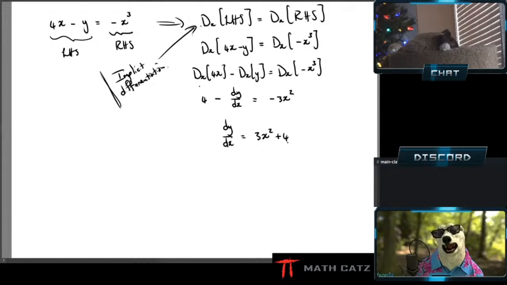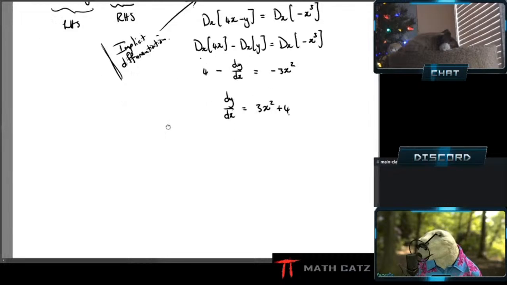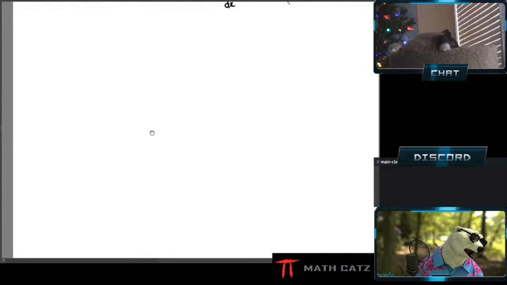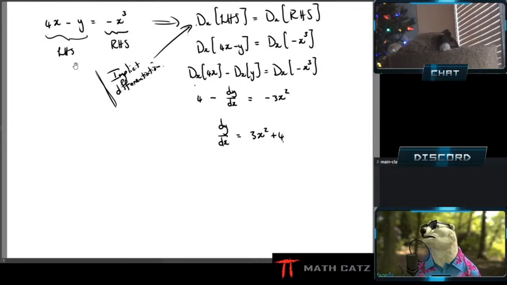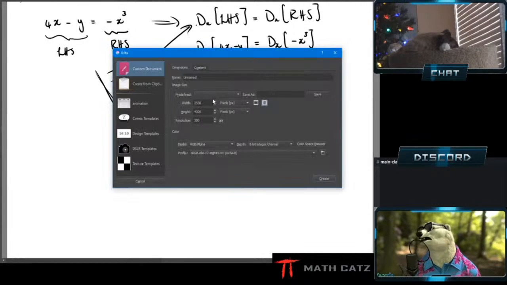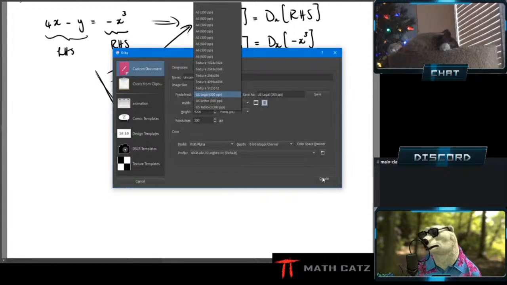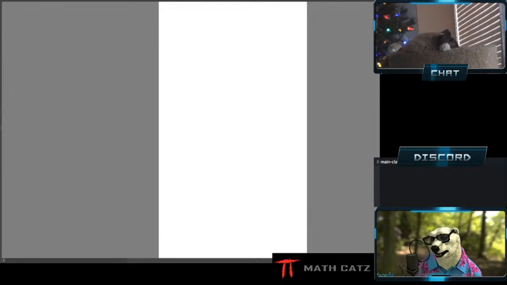Implicit differentiation. Let me just see my space here. I have some space, but I don't need to use it. Just make a new page. So,